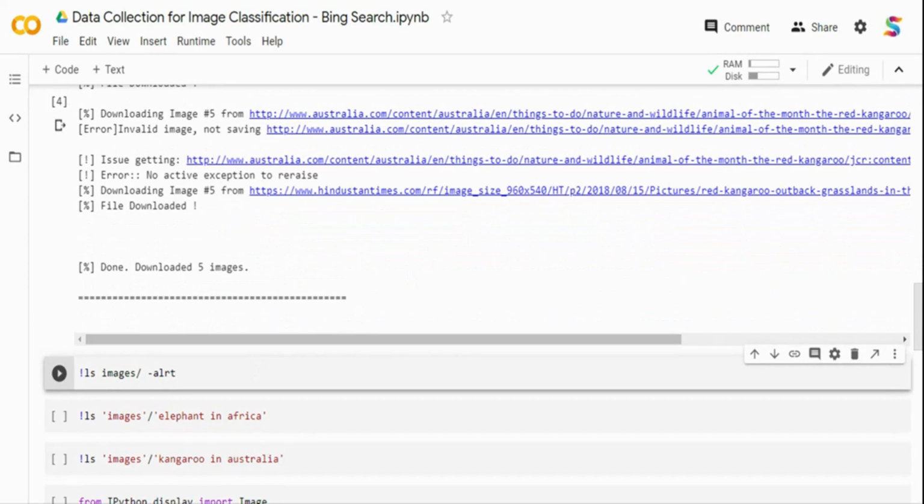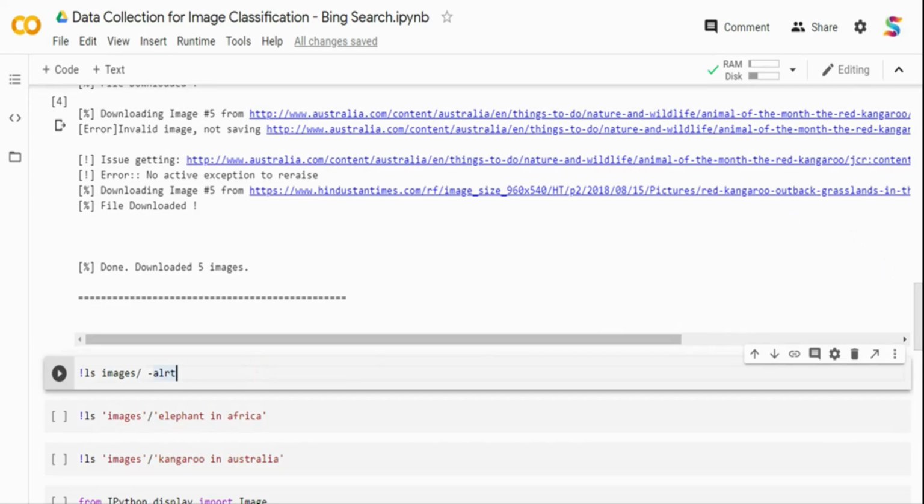Even though this is not an error over here, sometimes some website will not allow downloading, so it may get timed out, but it keeps moving to the next one. So it may look like it's hanging, but it's actually not. It is only waiting for that particular image download to time out before going to the next.